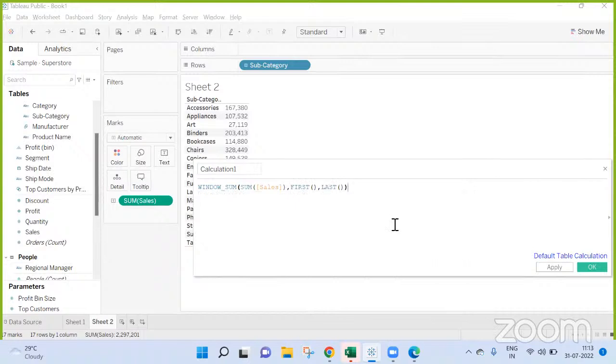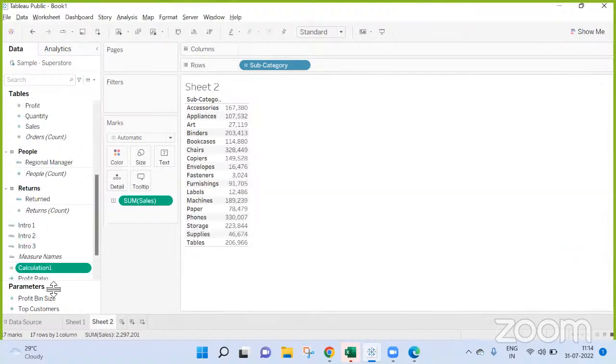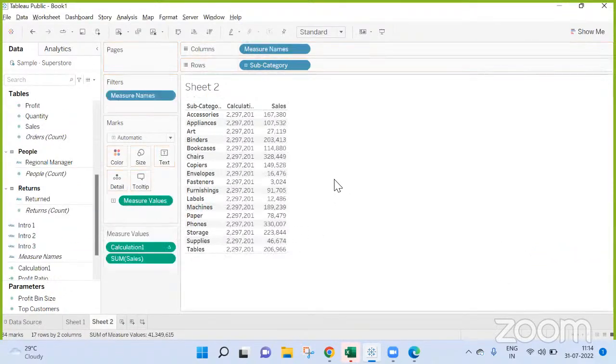Now, when you are talking about window calculations, window calculations are from here till here, so from first till last. Obviously, it will add all of them and give you the output. From here, it will start adding all of these and give you the output. For every row, that will be the case because you are saying from first till last.